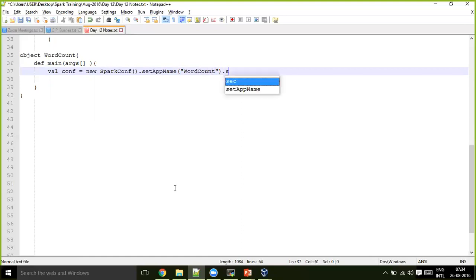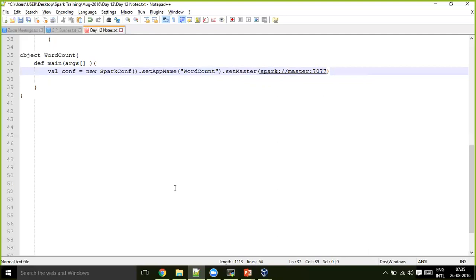Okay, and if you don't set the master, by default it tries to connect to local[*], or whatever master is running on the local machine. Otherwise, in case of a cluster, these are the two minimum property parameters that we set in the configuration. Set master, where your master is running. In case of a pseudo standalone cluster, it is spark:// plus your master machine host name, and generally it runs on